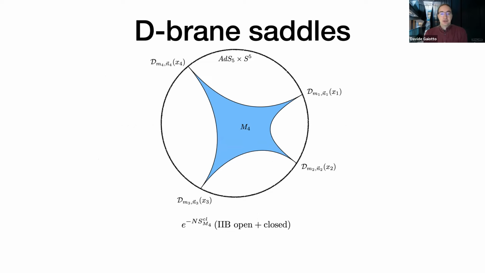So, according to holographic prescription, in order to compute holographically correlation functions for a collection of determinants, here I place 4 at the boundary, we need to look for semi-classical saddles for the D-brane. So the dominant saddles have just AdS5 times S5 geometry, but because the operators